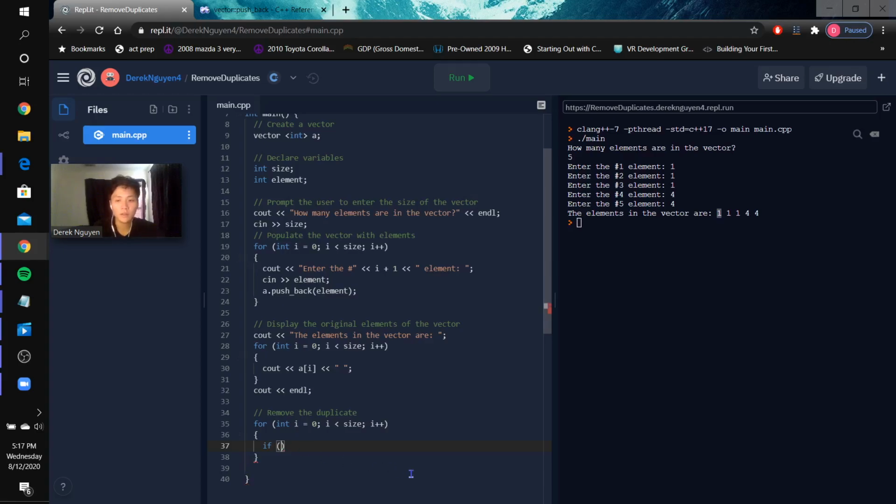If a[i] equals a[i+1]. So i is 0 in this case right now. So a[i] is 1, and a[i+1] is the next element, which is 1. Because they are equal, we want to remove it. So this is how we're going to remove it. We remove it by saying